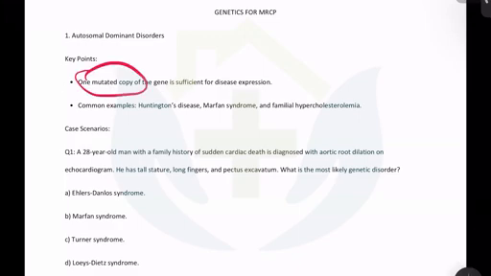So we all know that there are two chromosomes, so genes are present on both of them. One is from the father, one is from the mother. So all you need is a major single gene which is altered and it will manifest as a disease. One mutated copy of a gene is sufficient.